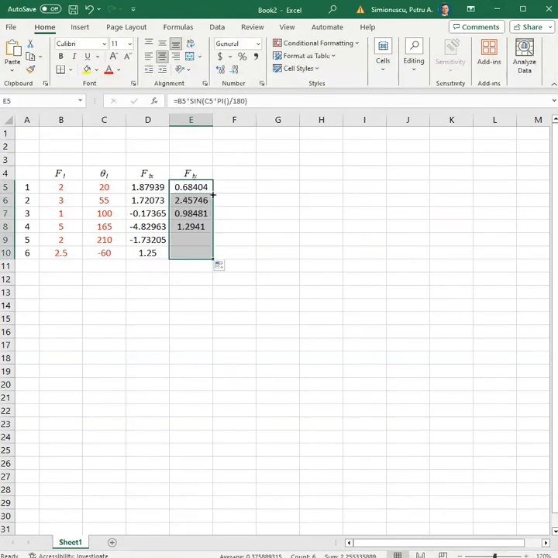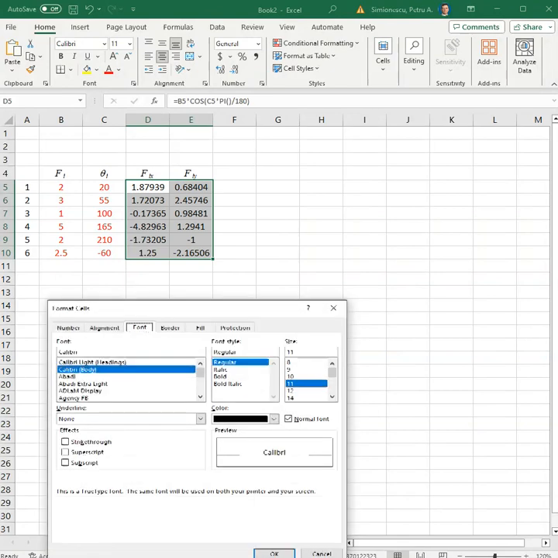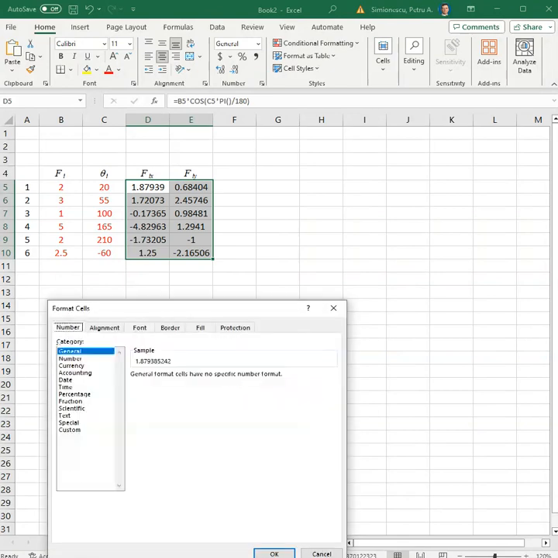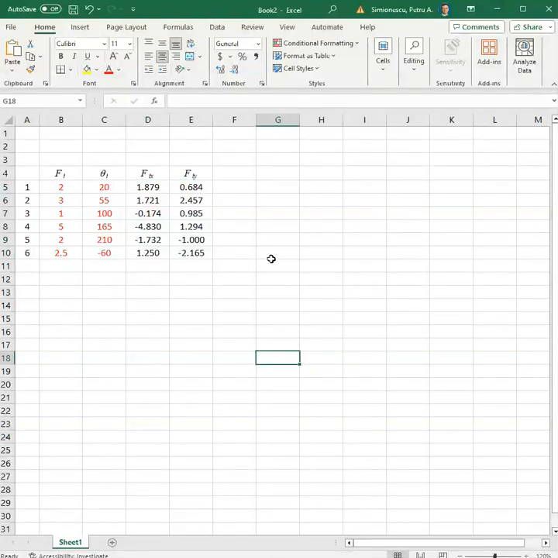All right, and expand it all the way down. Now I have these numbers, so I go to format cells and number, and I want to have, let's say, 3 decimal places. Okay, so this is really it. I have the projections, and the next step would be to